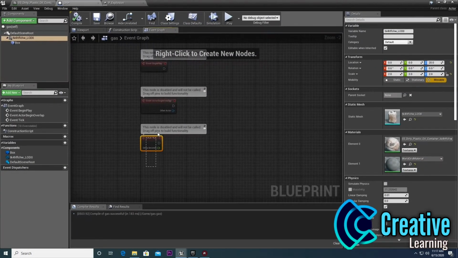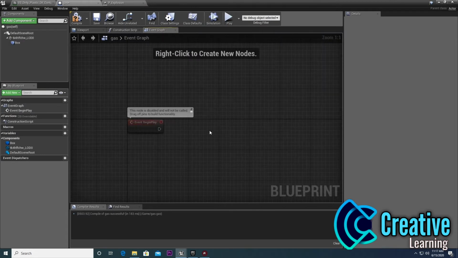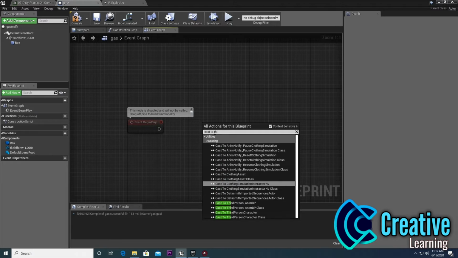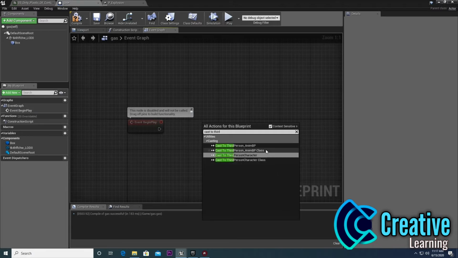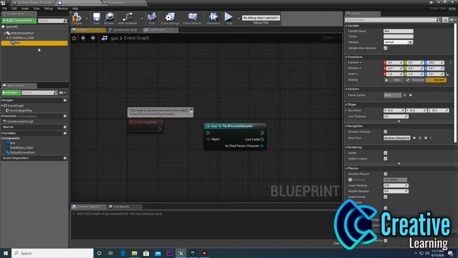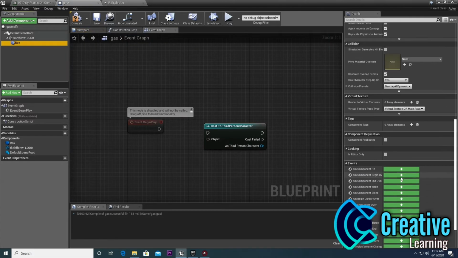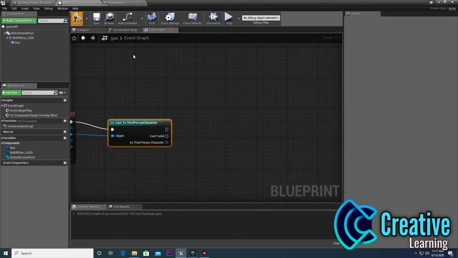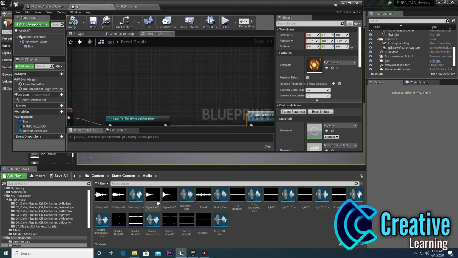Okay, so in the event graph, on Event BeginPlay, first we search for the third person character. It means that when our third person character is inside the box collision, it will do some work like the blast and other effects. So it's a Begin Overlap. So I just input with this and connect it with this, and then we simply add the particles from